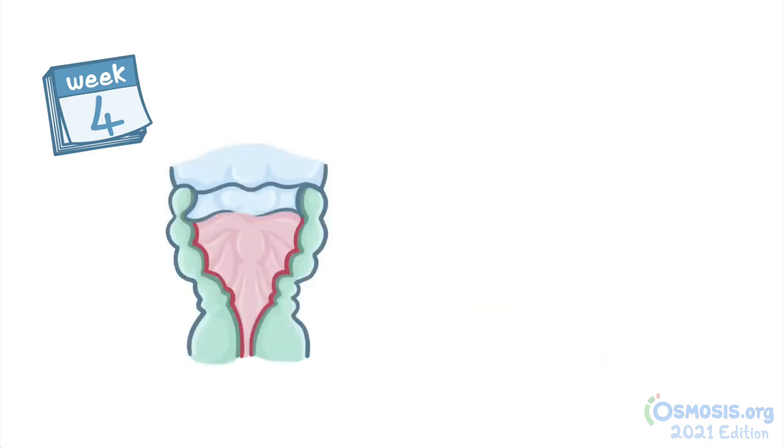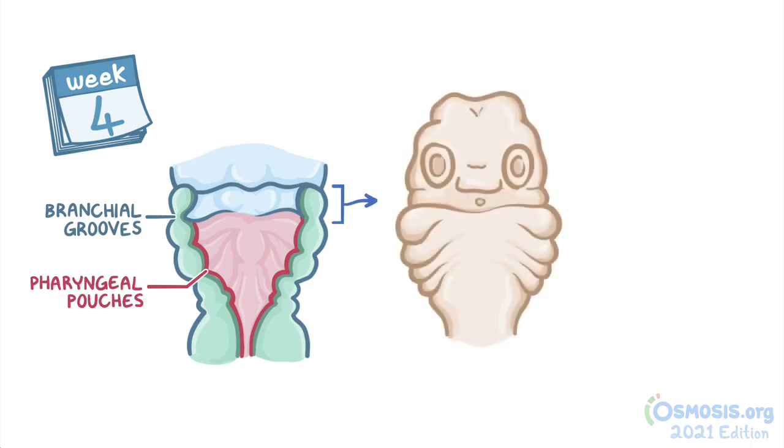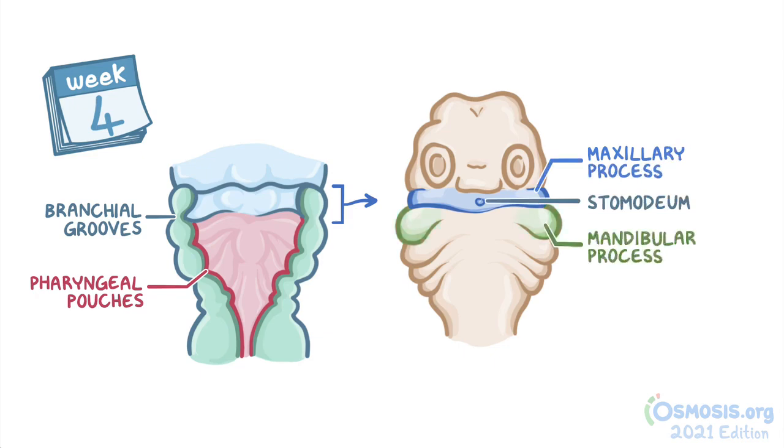The pharyngeal arches are separated externally by small clefts on the pharyngeal wall called branchial grooves, and internally by corresponding depressions called pharyngeal pouches. The first pharyngeal arch splits up into 2 processes: the maxillary process, which lies lateral to the stomadeum and extends slightly above, and the mandibular process, which lies near the lower border of the stomadeum. The mandibular processes on either side grow towards each other and merge into a single structure very early on.